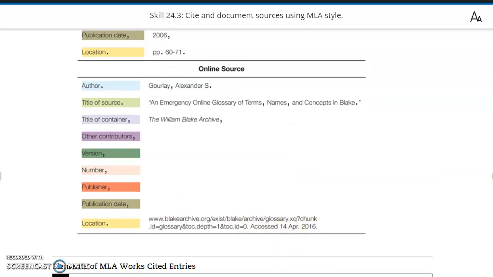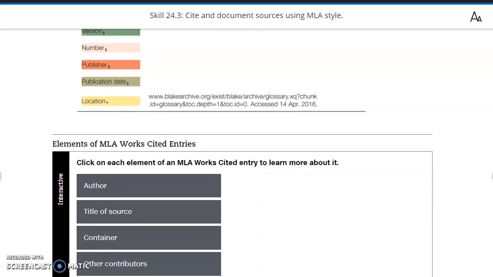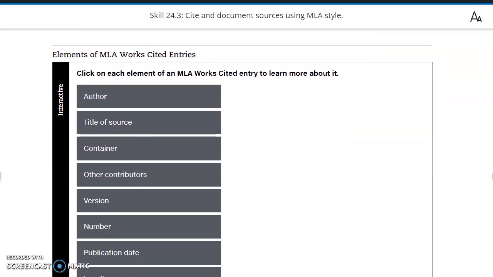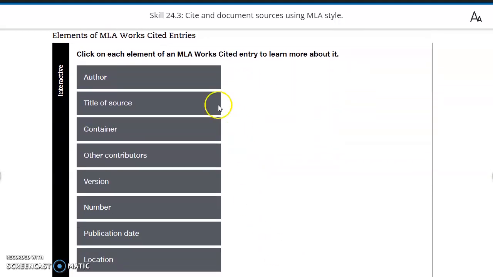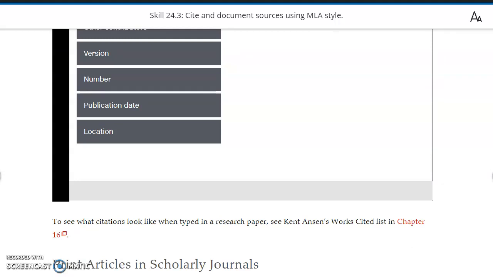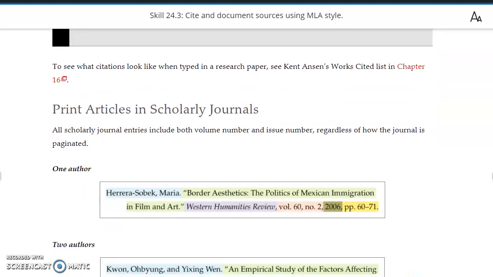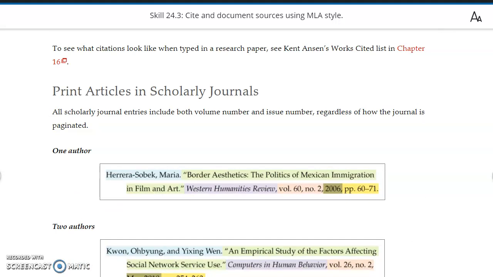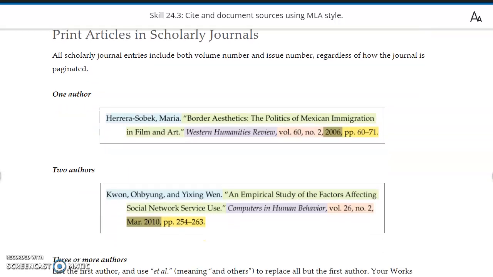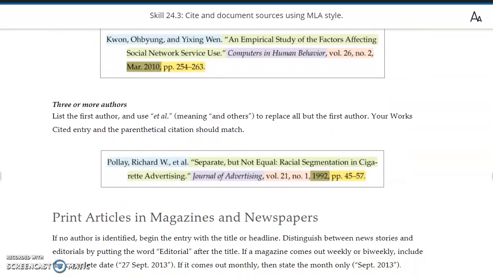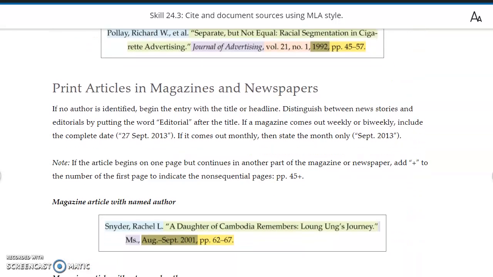So I'm going to keep on going. And this allows you here in our textbook, our online textbook, to click on these various pieces to learn more information about them. But I'm going to keep scrolling. You can come back and do that if you need to do that. So then it gives examples of how to do various sources. And so scholarly journals, with one author, two authors, more than two authors, a print article in a magazine or a newspaper,